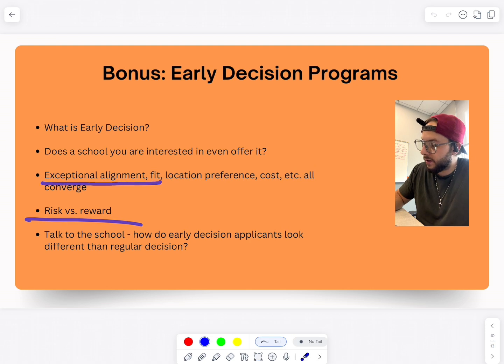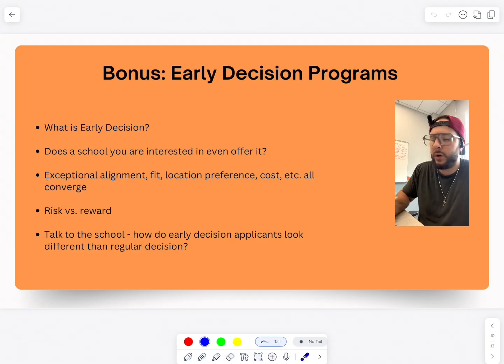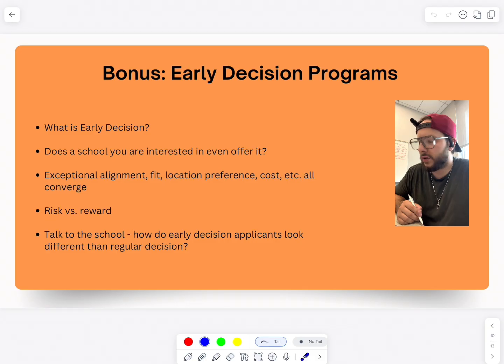So if everything is just spot on, exceptional alignment with the mission, fit, location, preference, cost, all of that converges onto one medical school, yeah, maybe utilize the early decision option. Something to consider is that if you do not get accepted into the early decision program at most medical schools, something cool will happen, which is that they will automatically roll you over into the regular decision program, and they will release your application so that you can then apply to other schools as well.